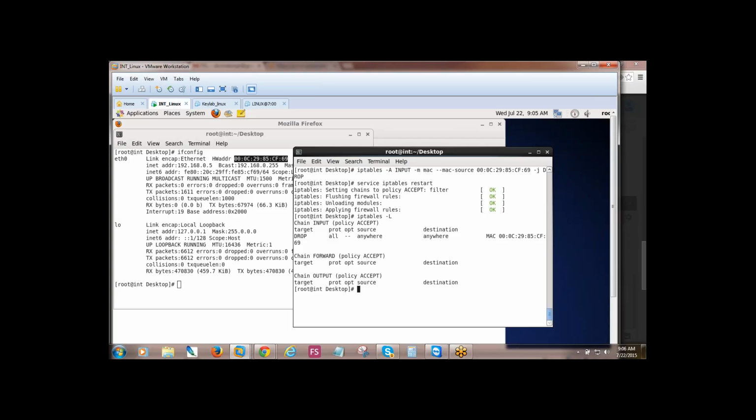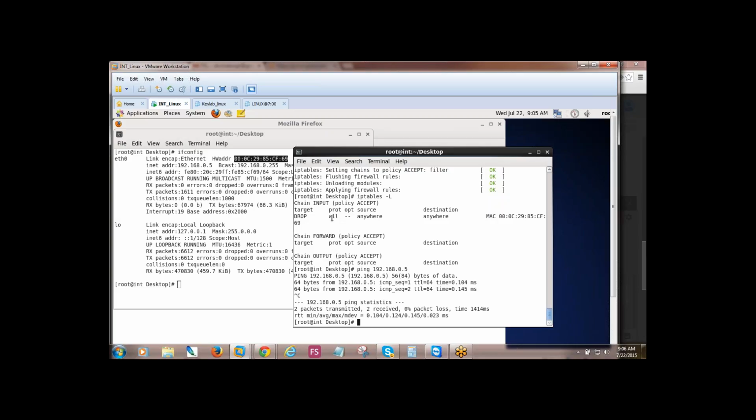Drop all, anywhere, for the MAC. Yeah. Yes, I think we can ping it, but the other machines may not be able to ping, I believe, if we are